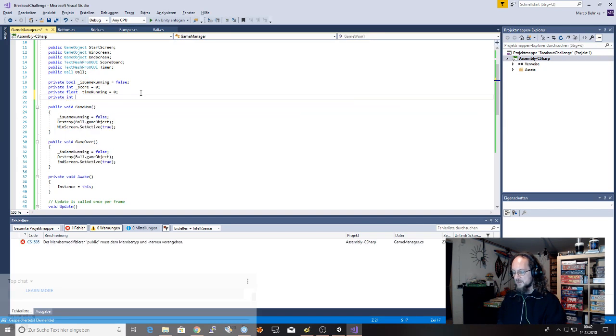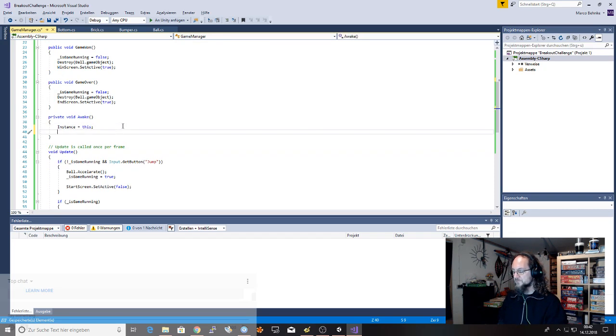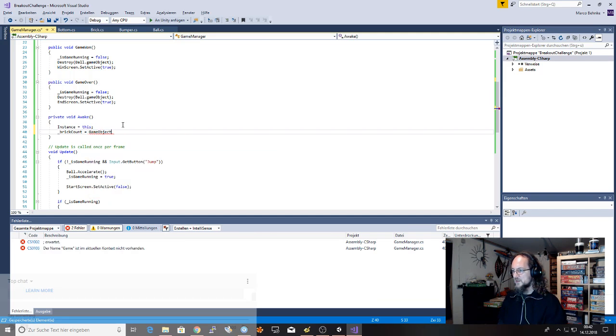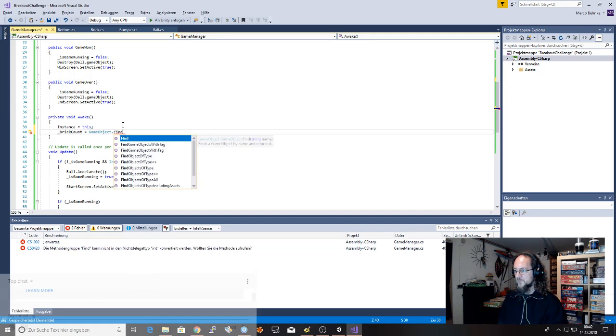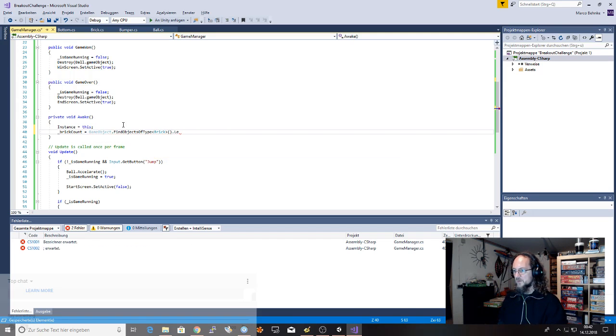So we just have a variable which is the brick count, and in the awake method, so when the game actually starts, we can assign the brick count, and we can use the GameObject static helper method to find objects of type, and we can search for brick, and then we can query the length,